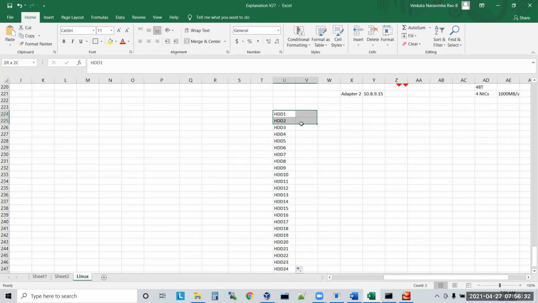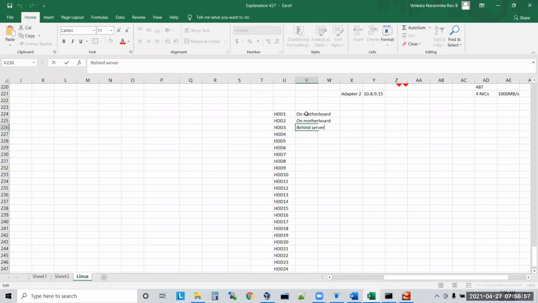So now, the first two hard disks are built-in hard disks. Correct or not? Yes. Built-in, but on the motherboard. So instead of built-in, I can say on the motherboard. This is also on the motherboard. This is behind the server.